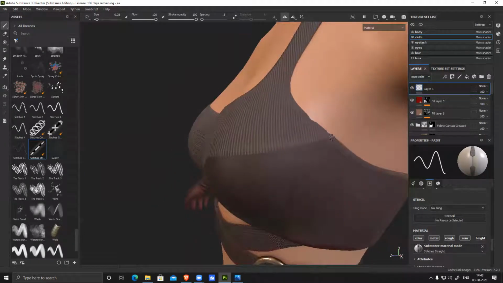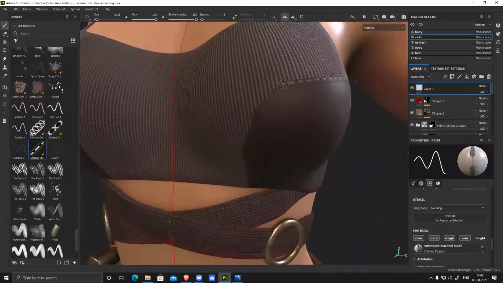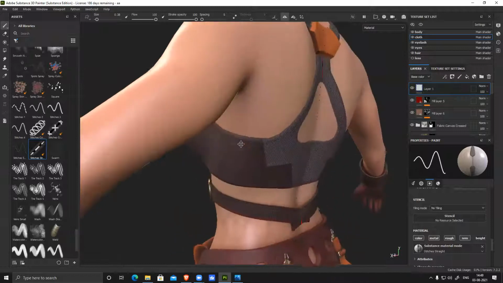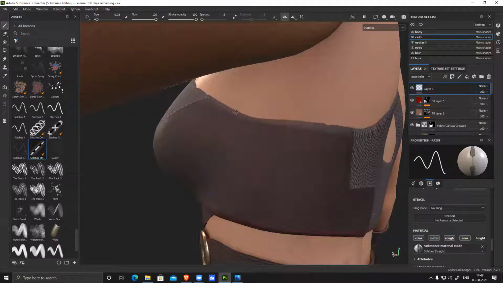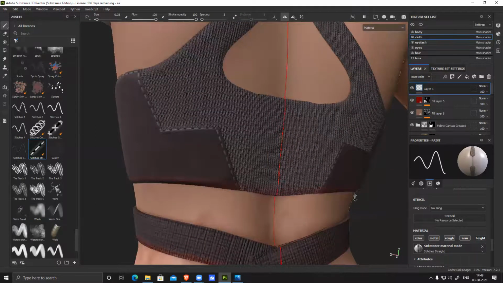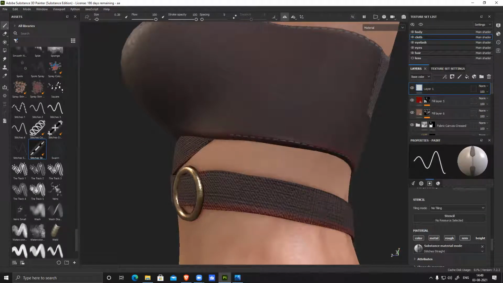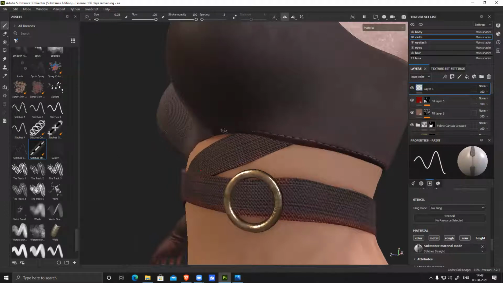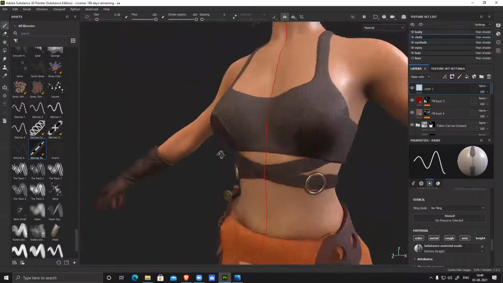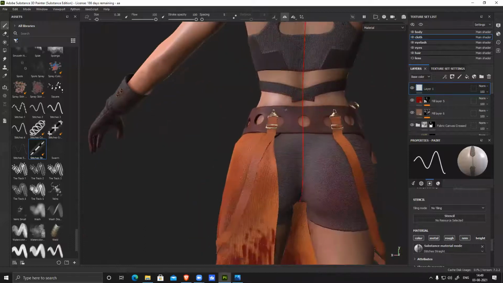Kind of similar. So you can see both the sides, and I'm holding shift to drag these lines. So then you don't need to make it in ZBrush at all, you can put it here easily, directly, and this quality is way better as compared to ZBrush. So I added all the stitches.